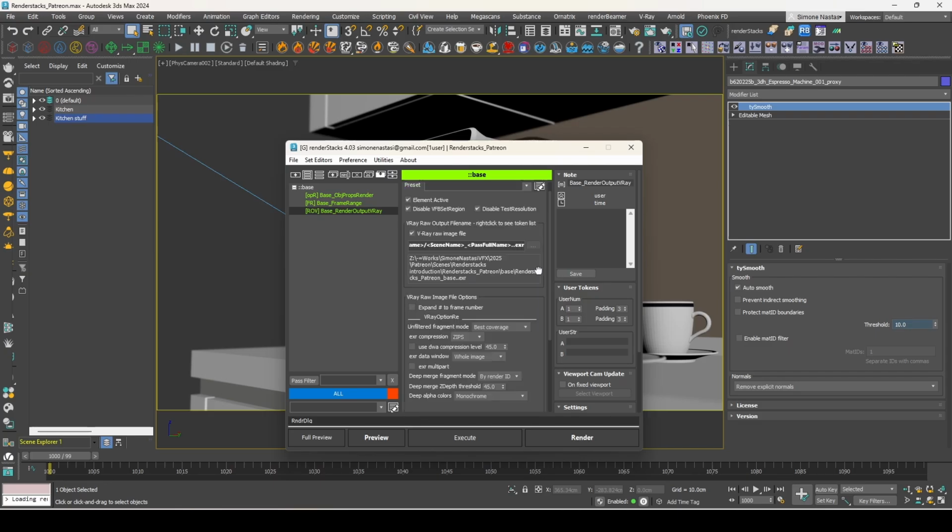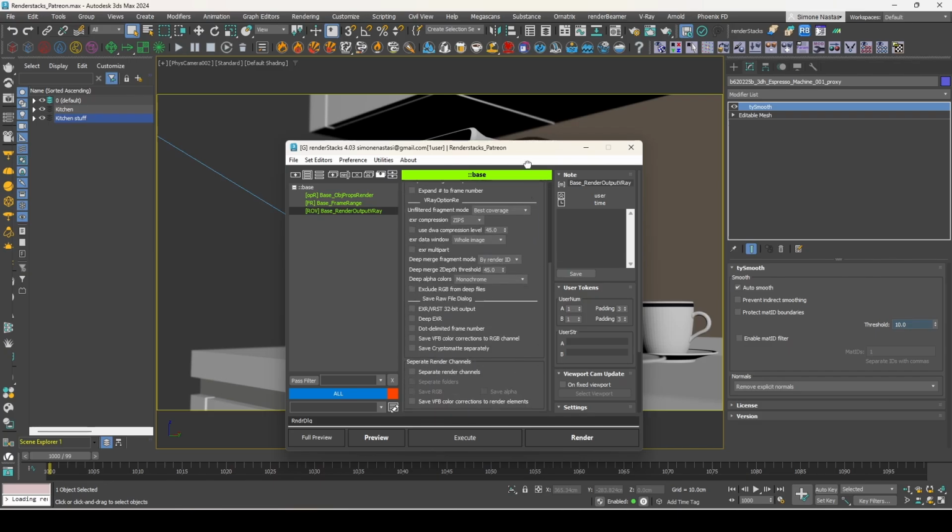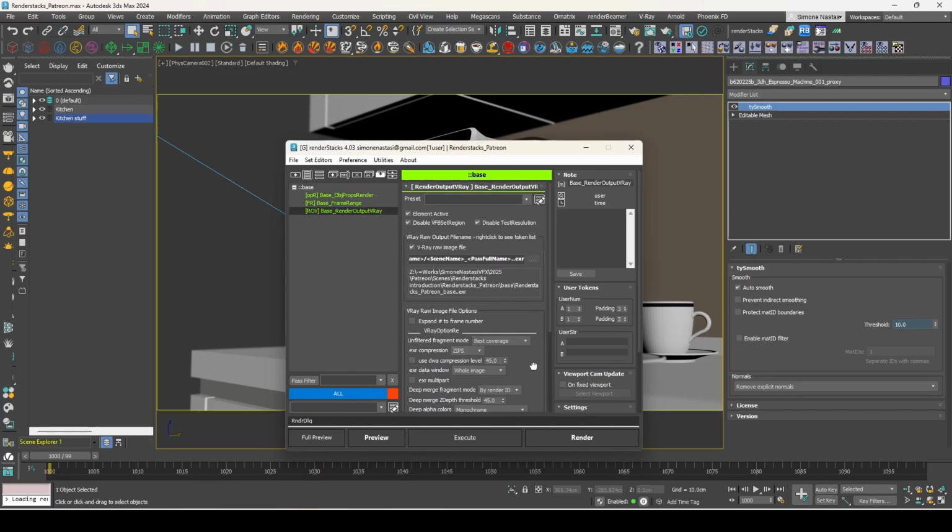And I basically never touch anything else here unless I have some special needs, for example separate render channels, because I need the colored alpha for refractions and stuff like that. But that is it. And this pass saves my life so many times because I don't have to go and manually set the